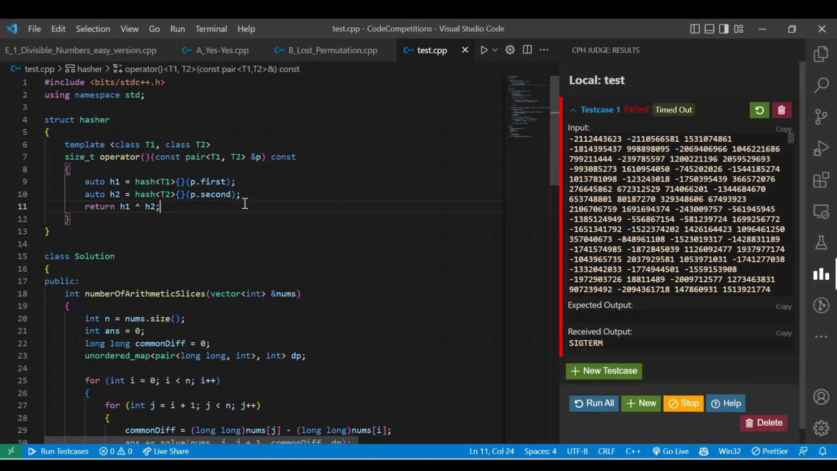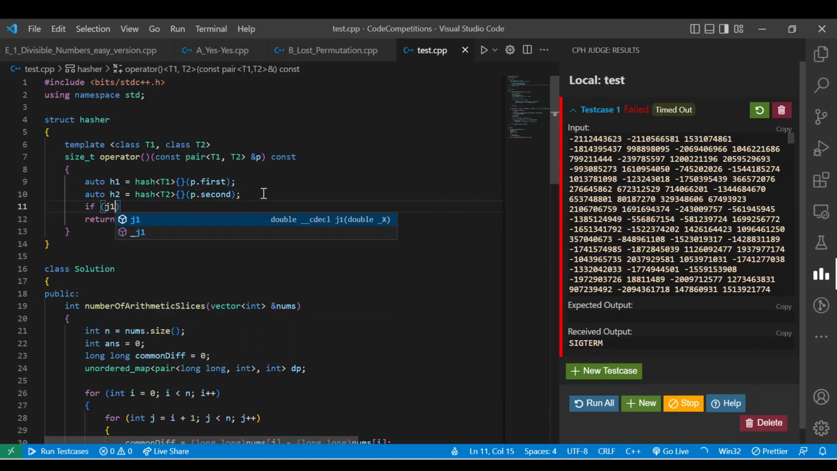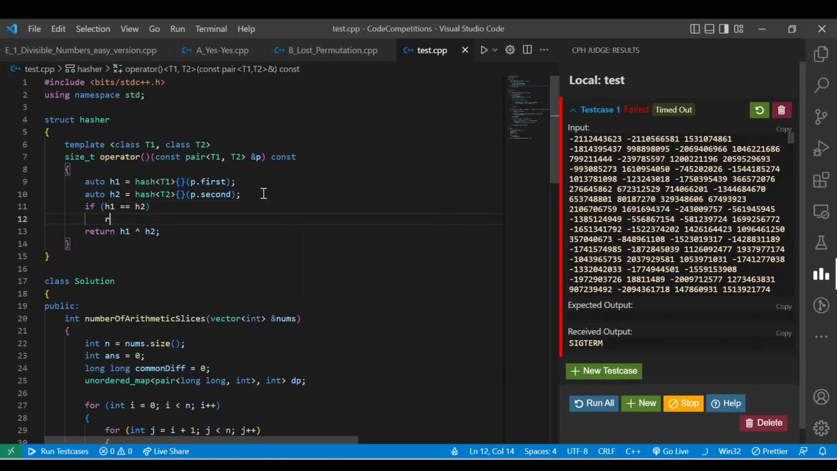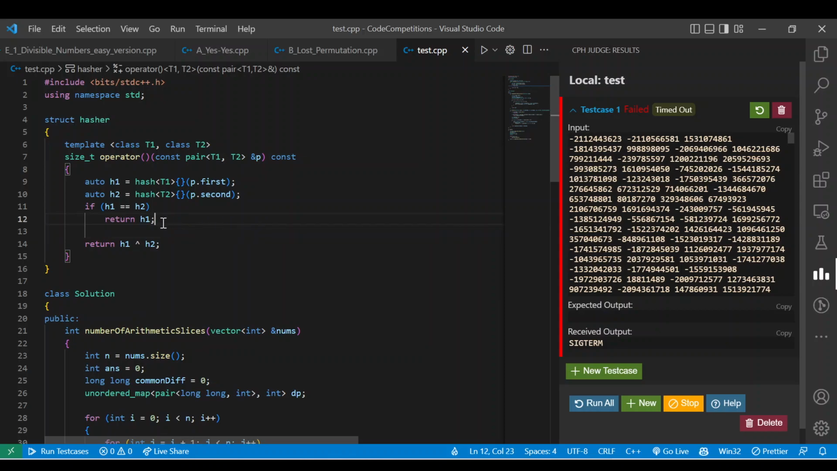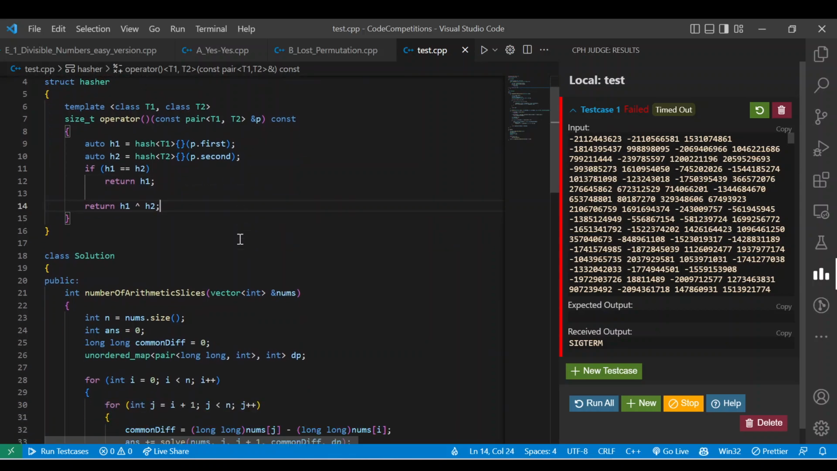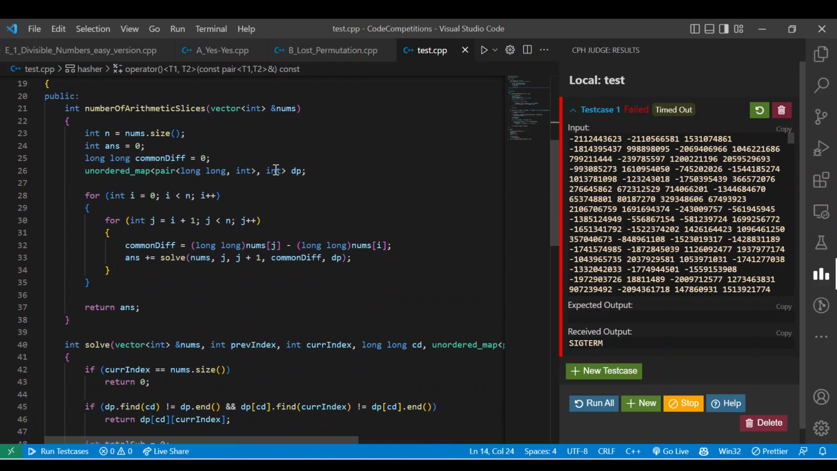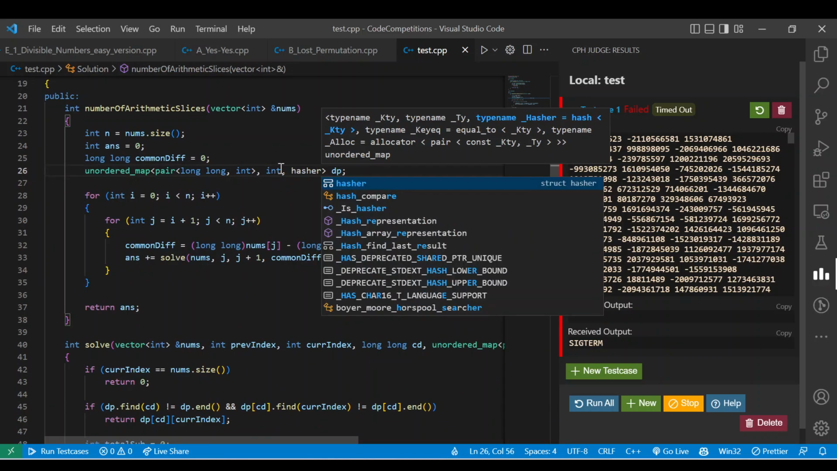Yeah, but there is a problem. If h1 is equal to h2, then we just simply return h1. We don't want to have 0 as a hash. So this is the hasher that we have created, and we will be using this hasher with it,